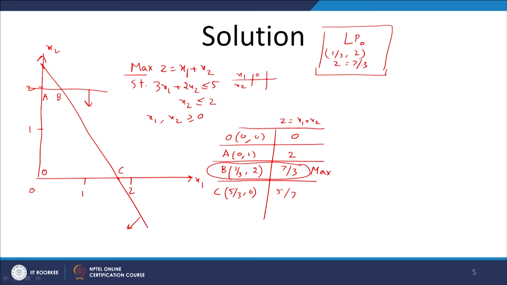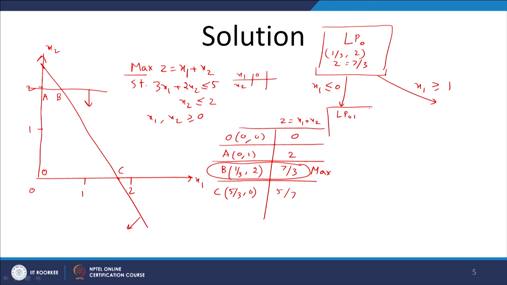So, therefore, our LP0 is giving us the solution 1 by 3, 2 with objective function value 7 by 3. Now, since the first component x1 is not integer, therefore, we need to do the bifurcation like this. So, the bifurcation is as follows: x1 should be less than or equal to 0 and x1 should be greater than or equal to 1. And when we solve these two conditions with these two LPs, the feasible region for the LP